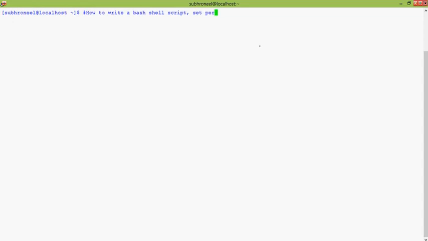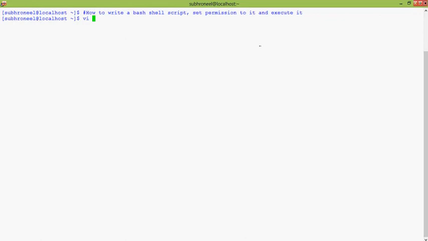When you call a shell script, it actually creates a new session and executes all the commands within that session. And when the shell script is over, the session also expires.